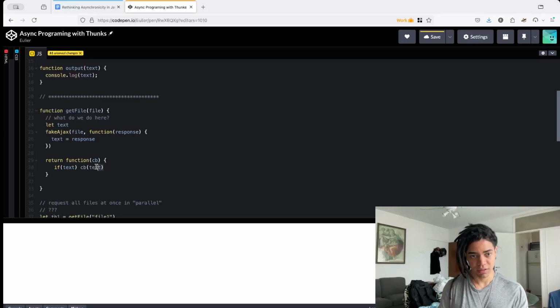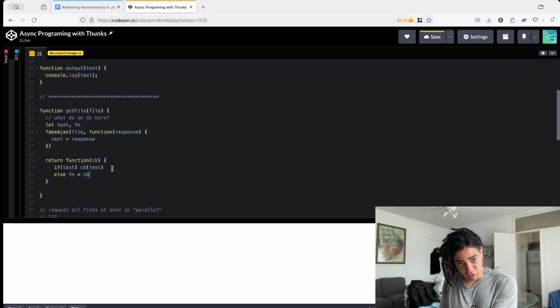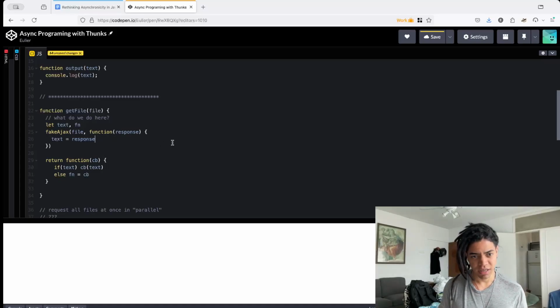So the other thing that needs to happen is that this handles one scenario, which is that by the time we call that callback, we immediately get that value there. But the other is that by the time we call this callback and we don't get this value, we need to store this callback and then call it when we actually need to, which is to hold a reference of this callback. Else, hold a reference of this callback, store this reference here, and then check now here